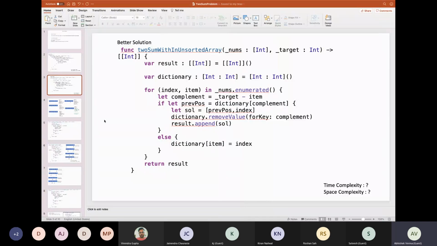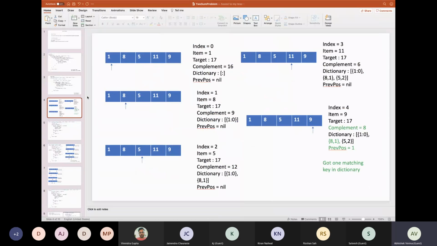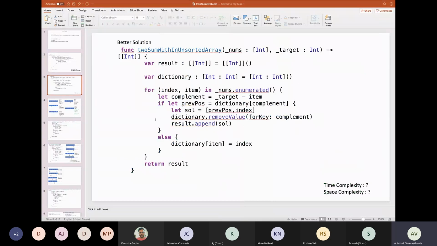So we have got only one solution for this situation, but the code has been written so that we can continue doing this, and we will be getting solutions for all possible pairs. Also, once I have got one solution, I am removing the complement value from the dictionary to make sure that we will not use the same indexes for another solution, because we have to make the pairs unique. If you see this line, I have written logic to remove the value for that complement.